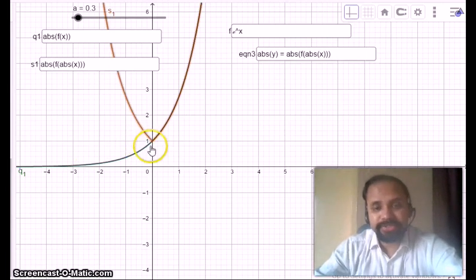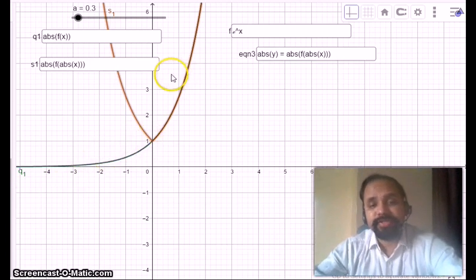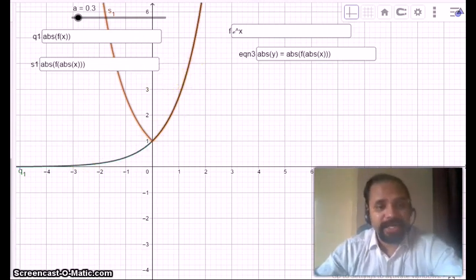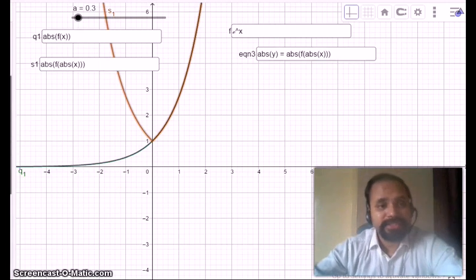Okay, that means the part that is on the left side of the y-axis, simply we have to omit, and we have to draw the image of the part that is on the right side of the y-axis as a plane mirror. And then mod of y, if we come to mod y, then simply consider the y-axis as a plane mirror. Let us remove the graph of e to power x.